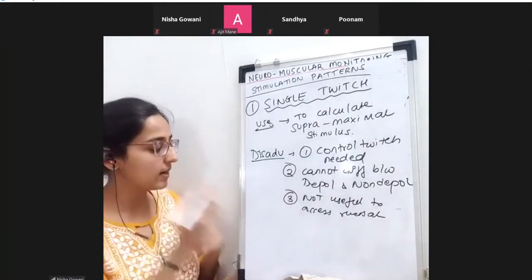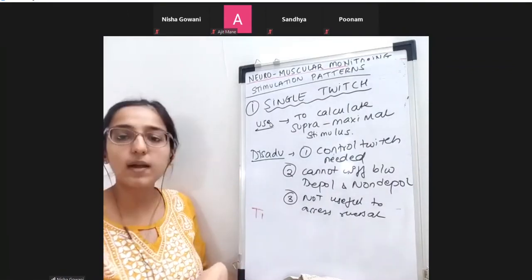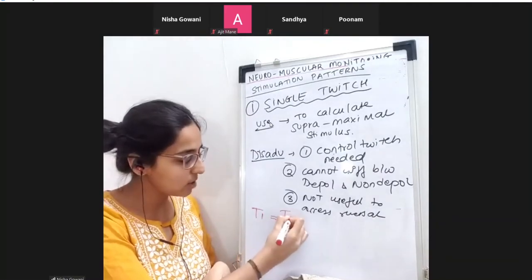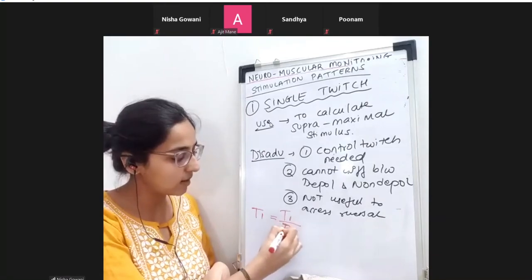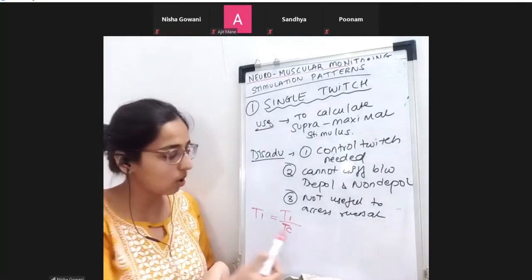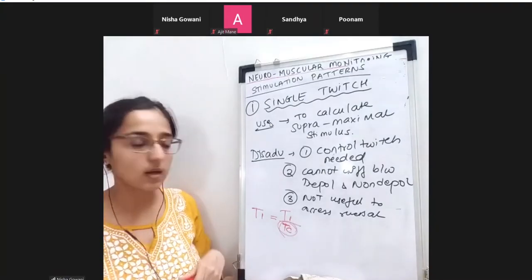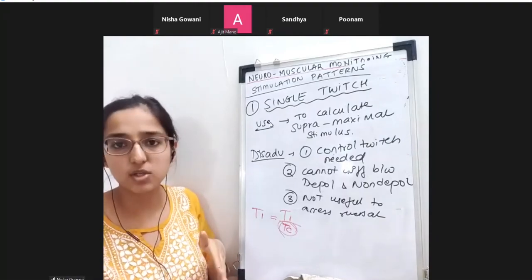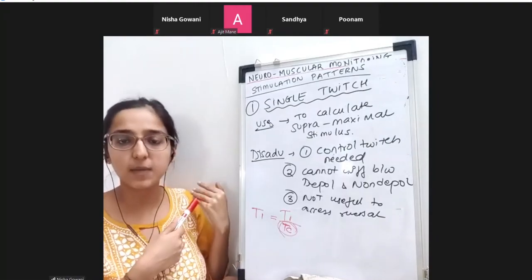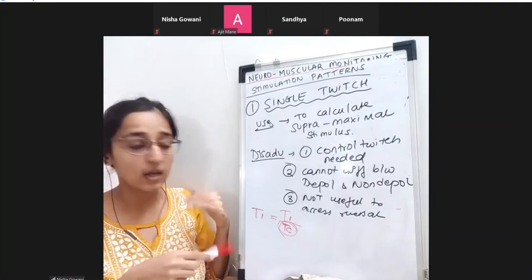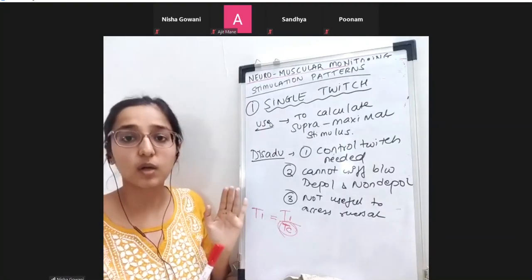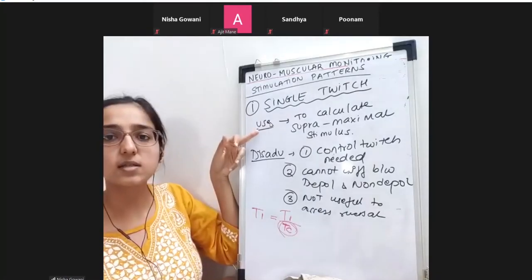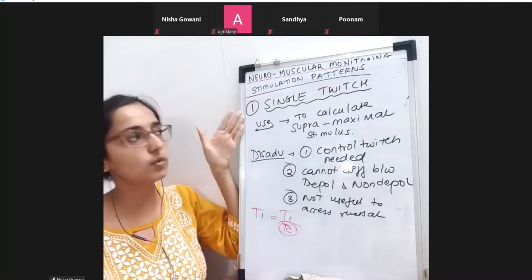So there is always a percentage that you remove. We call it T1 because there's only one twitch which is delivered, right? The twitch which you have given, you will always compare with the control value. So always a control is needed. The subsequent height is always compared with the control. If the height is going less, it means the patient is going deeper. If the height is coming more, the patient is coming out of the relaxant effect. If the height becomes the same, still you cannot be sure that he's fully out of the relaxant. So that's why this is only useful for starting the case. You find out what is a supramaximal stimulus, you will use this single twitch.